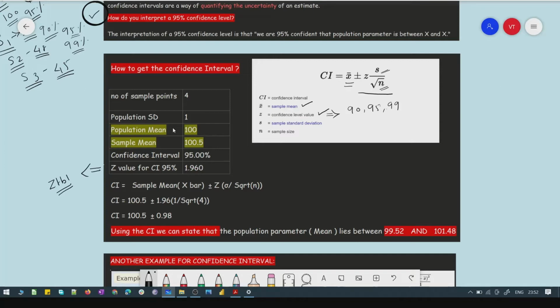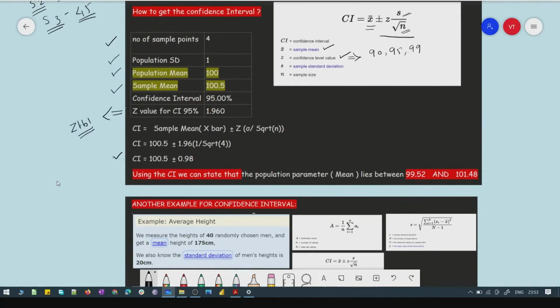Basically, based on the observation and the number of samples that I'm trying to take, I will definitely have an idea about what the population standard deviation is. The population mean I have information on, and the sample mean also I have information on. Now we need to just substitute all these values in the formula. When you substitute all these values, what you get is the confidence interval as 100.5 plus or minus 0.98. So it is giving you a range, and the range is between